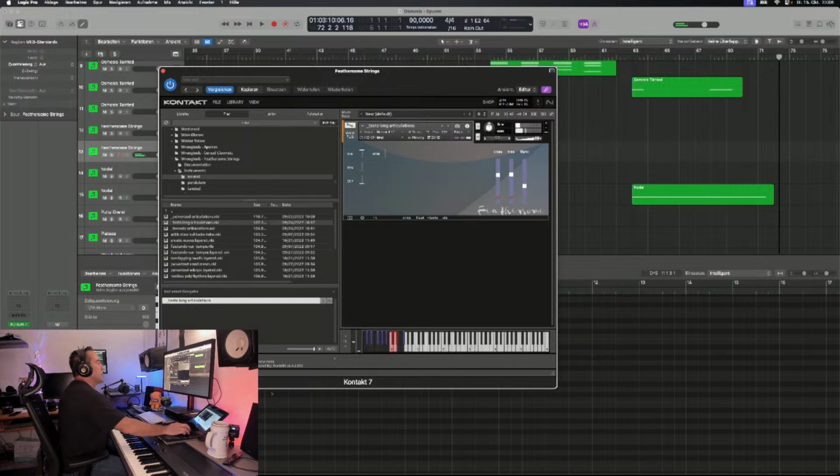Here you do have then the crisp. You do have the flautando. You do have the sul tasto. This is just one NKI. And you do have the vibrato. And then you do have,